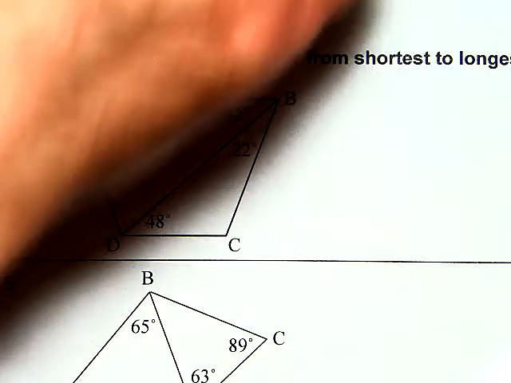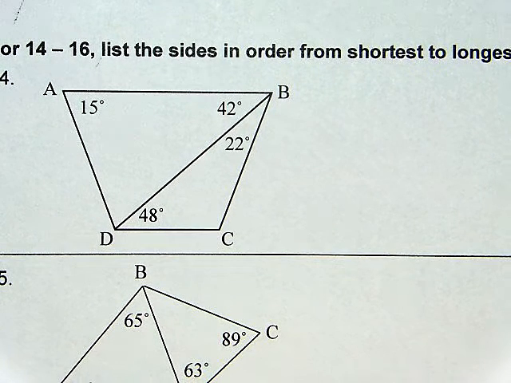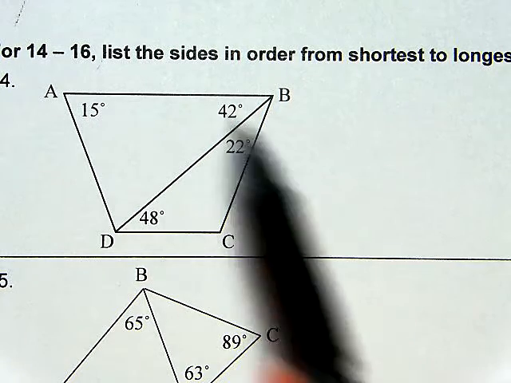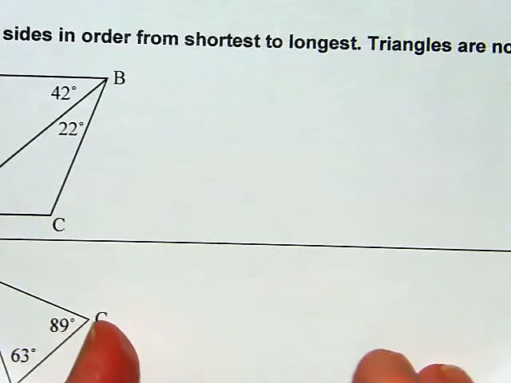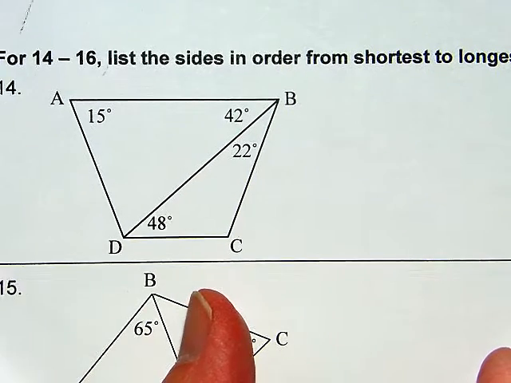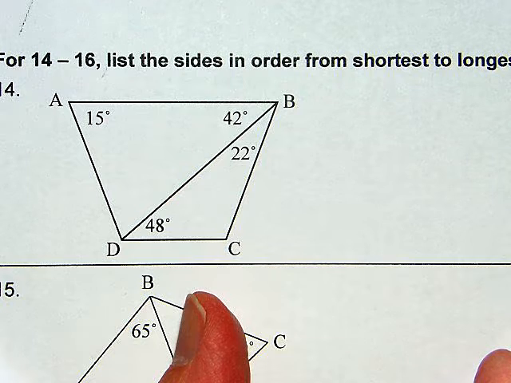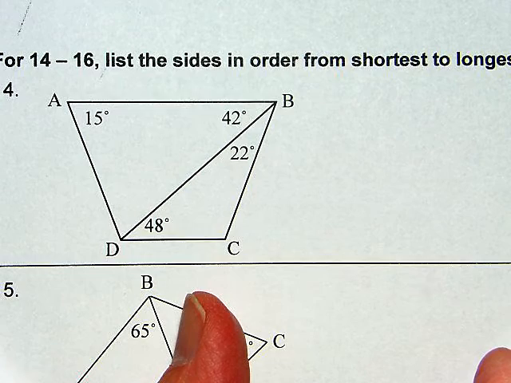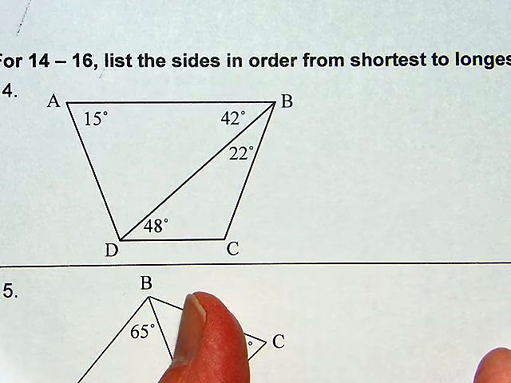There's this next problem, which is a different kind of problem. We're given two triangles, and we're given some of the angles. We're asked to list the sides in order from shortest to longest. Okay, so this takes a little bit of thought. Again, it's not at first a very easy problem, but we can use some of the properties that we know that relate the size of angles to the size of triangles to figure out how to rank these sides from